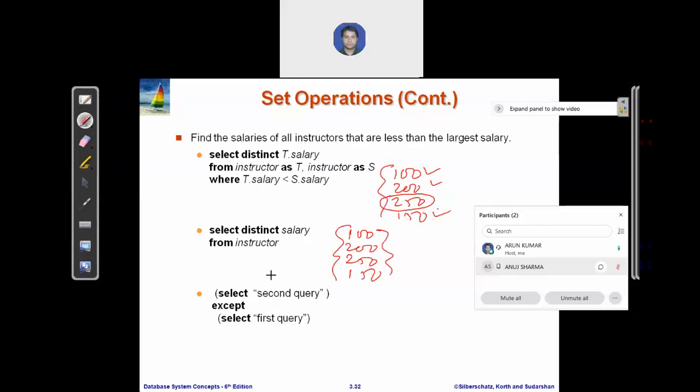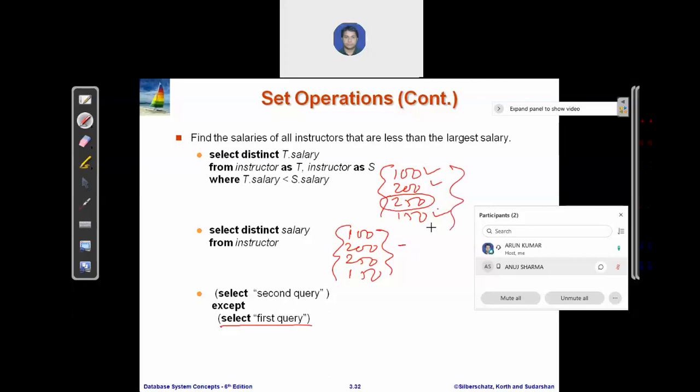If you apply this operation, the next query, as you can see on your screen, is the second query except the first query. So what do you get if you apply this minus? This is the second query result.